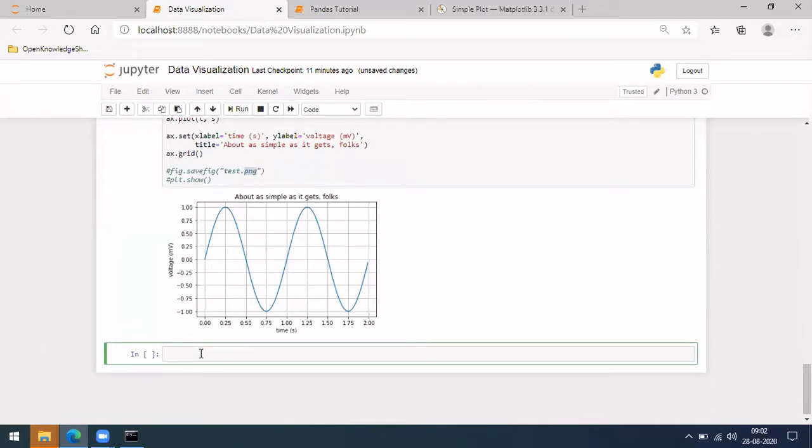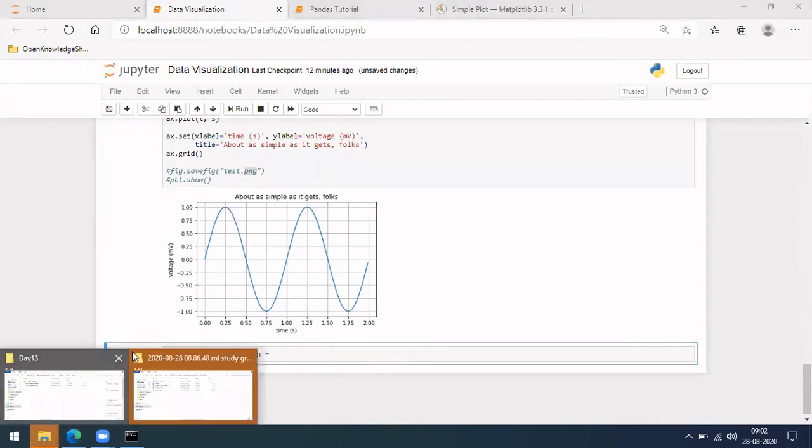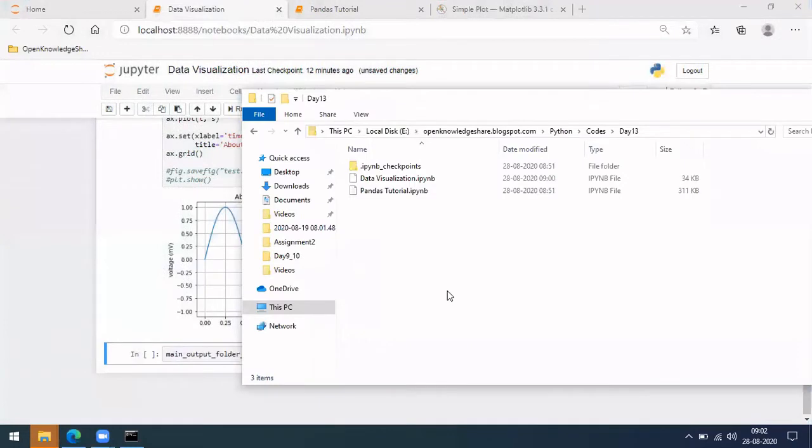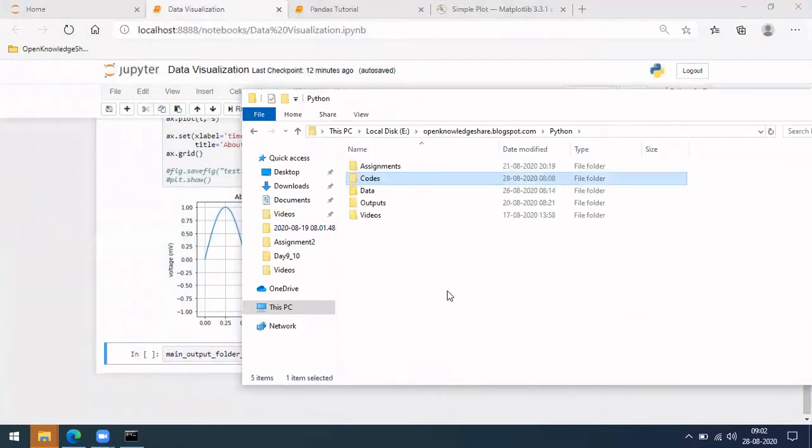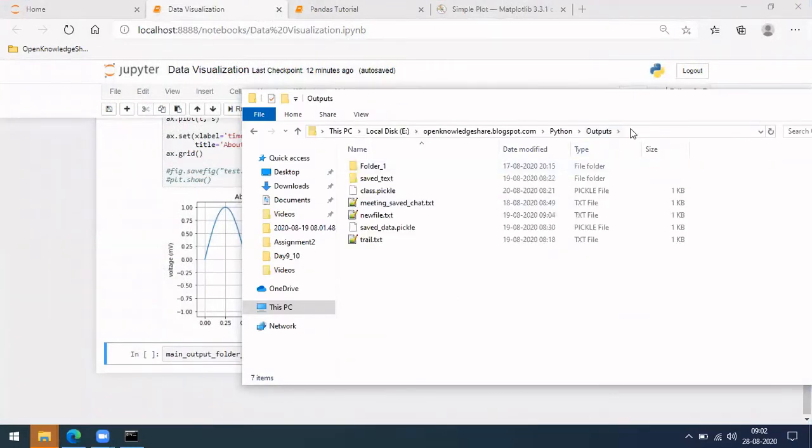For this, initially I want to define a directory where you want to save. So main output folder path, and let me give a folder name here, which was in this outputs. Let me use the same folder name.